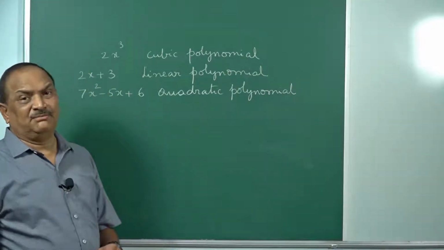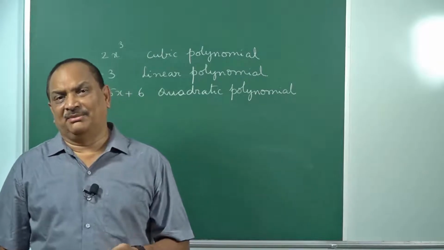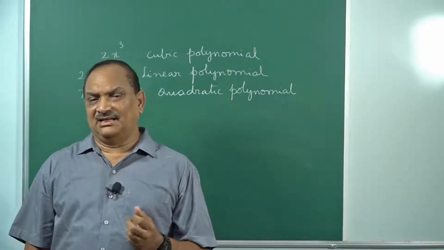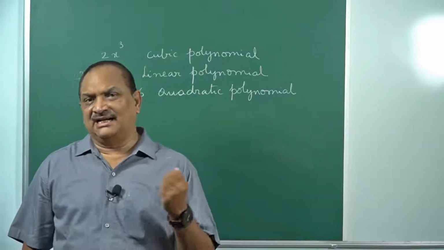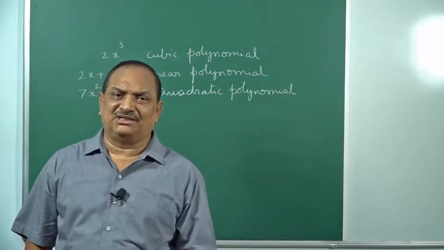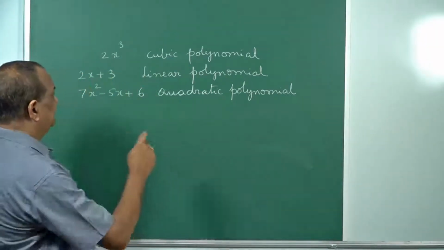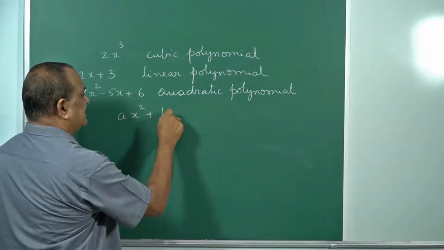So first degree polynomials are called linear polynomials, second degree polynomials are called quadratic polynomials, and third degree cubic, and later you also have quartic, quintic, and so on. We don't need them actually. So we are talking about quadratic polynomials where you have some x squares and some x and